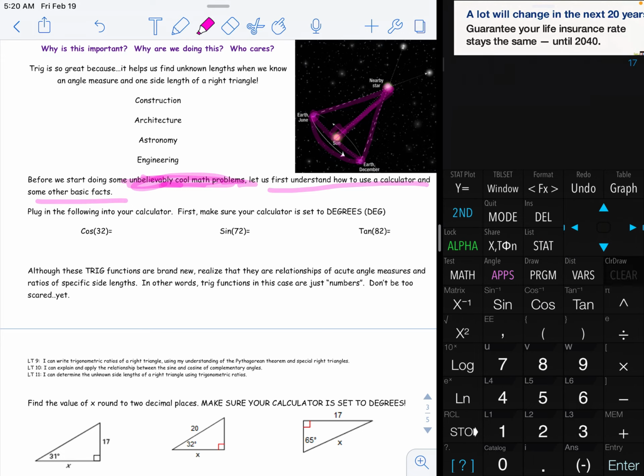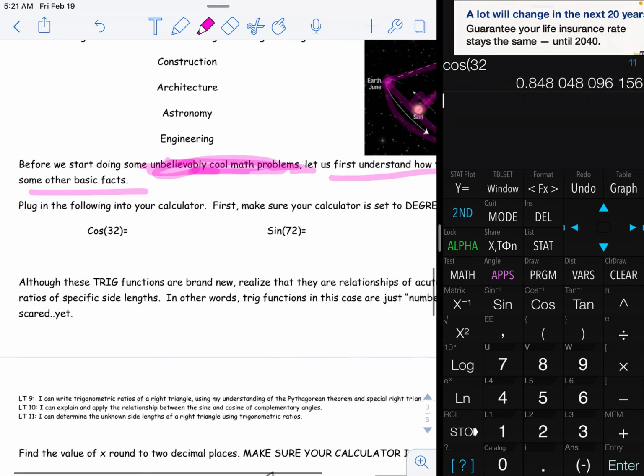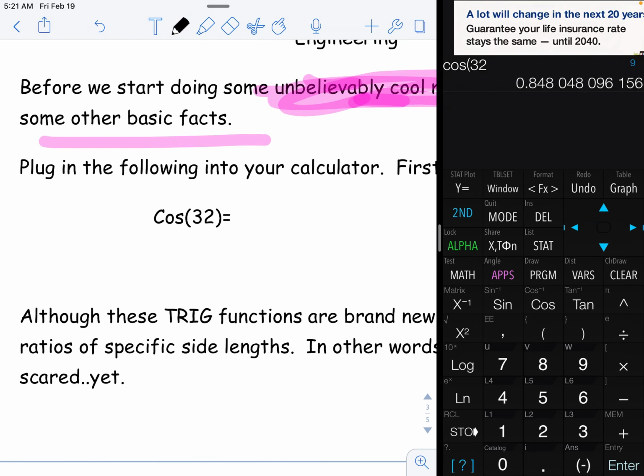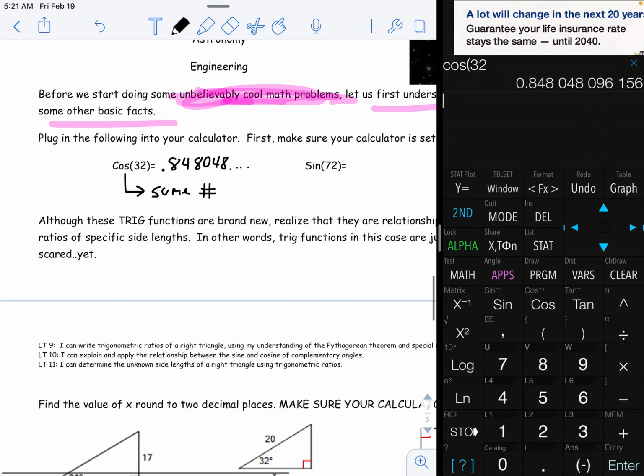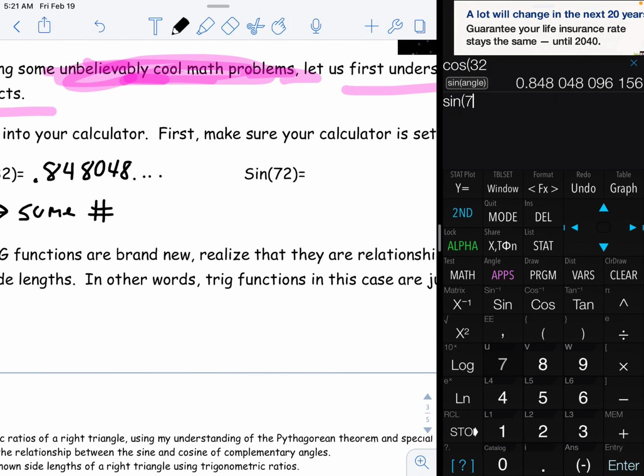Anyways, so let's clear. So cosine of 32, boom, it's just some number. It's a really ugly decimal, but realize it's just 0.848048, and I could keep on going. So realize that's just some number. Some number, not some hashtag, some number. Well, let's do sine of 72, enter,